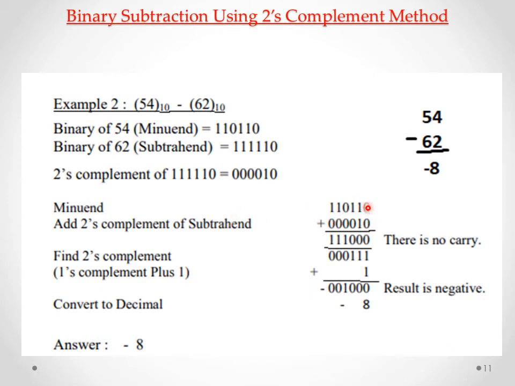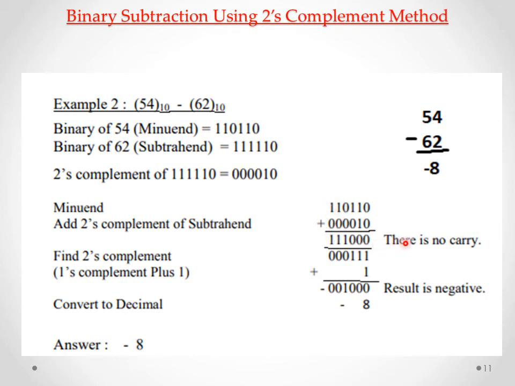So here we are adding 0 plus 0 is 0, 1 plus 1 is 1 0. We are writing the sum 0 here and the carry is added with the next higher order bit. So again 1 plus 1 is 0, sum written here and carry goes to the next higher order bit. So 1 plus 0 is 1. Now 1 plus 0 is 1, 1 plus 0 is 1. So this is the answer.